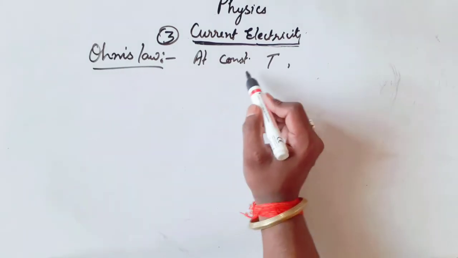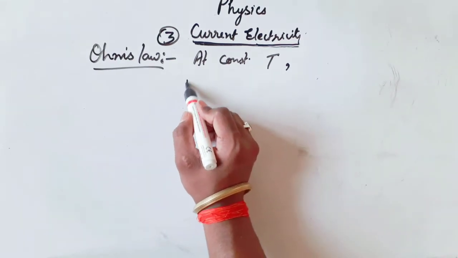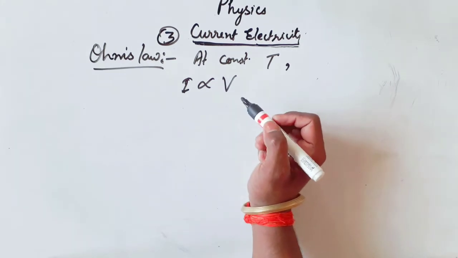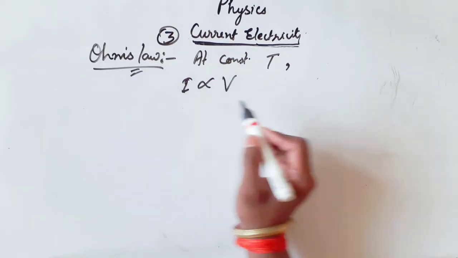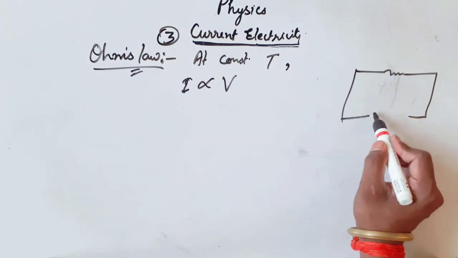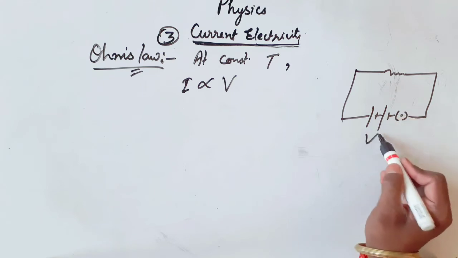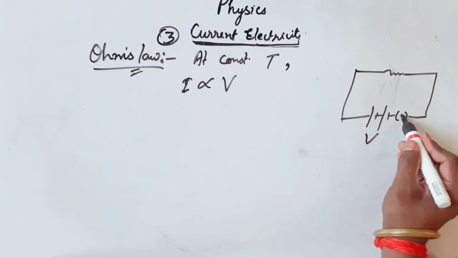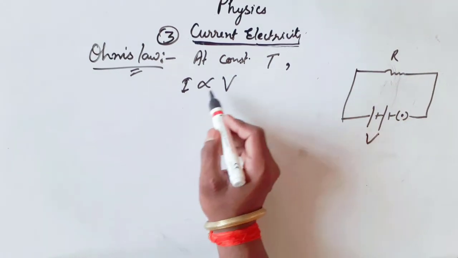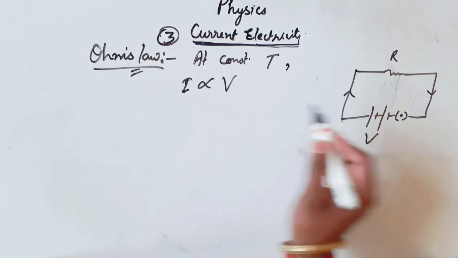According to Ohm's law, at constant temperature, the electric current flowing through a circuit will be directly proportional to the applied potential. Here is a source having potential difference V, it is a switch, and this is a resistance, a resistor. So the electric current flowing through a circuit will be directly proportional to the applied potential at constant